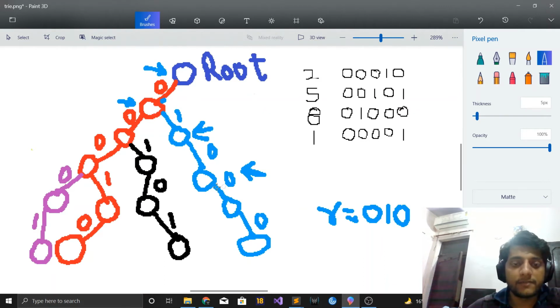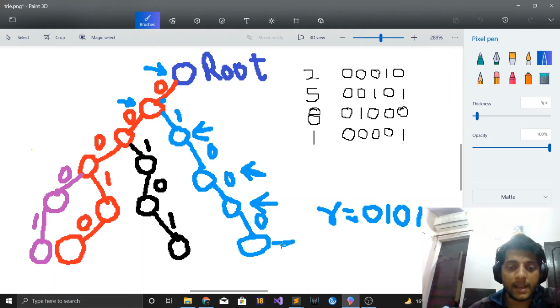Now the fourth bit is 1, so we'll check if this node has a child with a different bit, that is 0. This node does have a child with bit 0, and this is that. So we will set the fourth bit as 1 in the result, and we'll come to this node. Now the last bit is 0. I have to check if this node has any child with bit 1. It does not have it, so unfortunately I have to take this path again. So the fifth bit in my result is also 0.